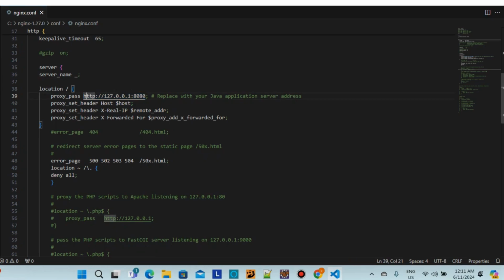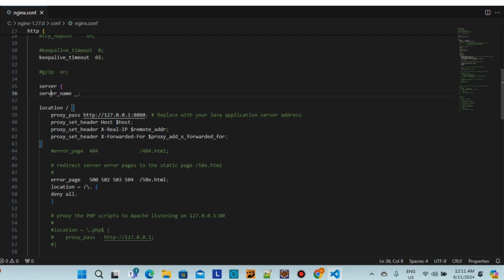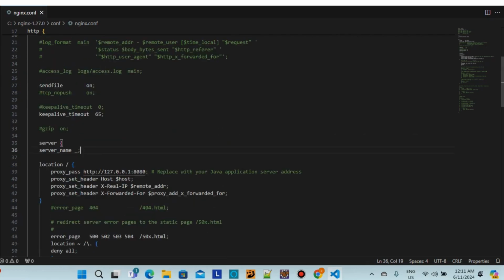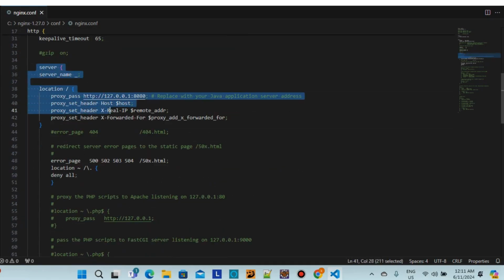Whenever a request comes to Nginx, Nginx will forward it to the Spring Boot Tomcat server, and then it will serve the response, right? For server name, here we can give www.cloud4academy.com, some domain name we can give, but since it's local, I just give an underscore. Underscore means it's local, right? So only this configuration I have done in the Nginx configuration file, and then we can go